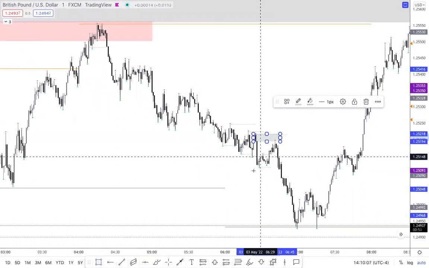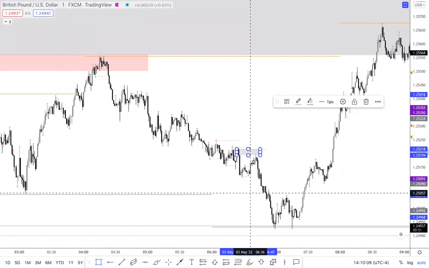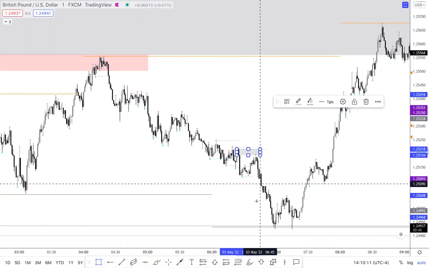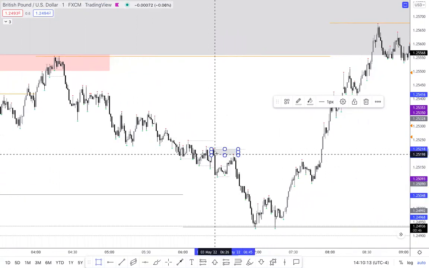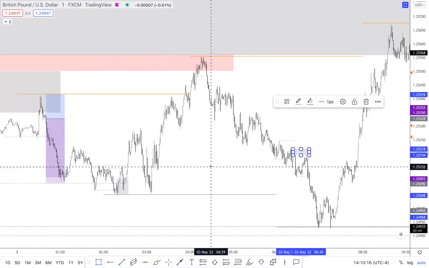Is it something I'm going to do? No, I don't want to take that risk. Anyways, we would know to actually avoid these buys right here because of this situated up here. All right, let's go back to